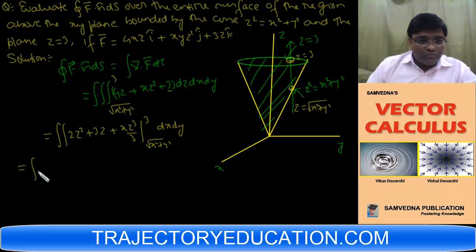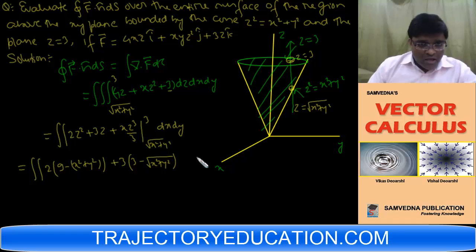So if I put the limit, this will be equal to double integral, twice 9 minus x square plus y square, then 3 into 3 minus under root x square plus y square,